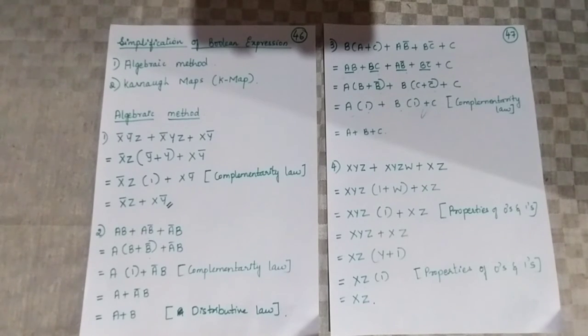So this is how, using the algebraic method, we will be simplifying the expression. So what we have seen under algebraic method is we should check for the common terms by considering the entire expression. After taking the common terms, we should see whether we can further simplify by using different postulates and Boolean theorems, and finally arrive at the final simplified expression. I again repeat, to simplify the expression with algebraic method, you should be well versed with all the postulates and theorems. So once revise all the postulates and theorems and then go for simplifying the expression using algebraic method.